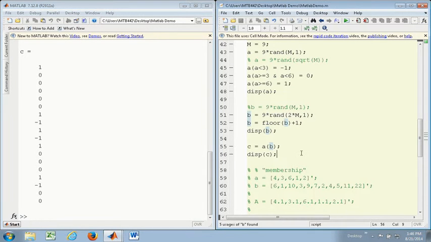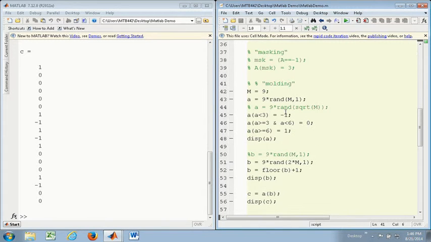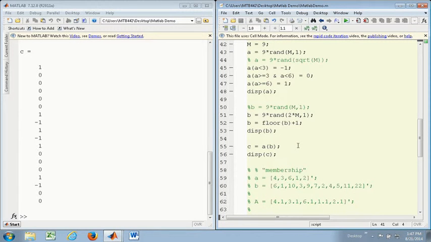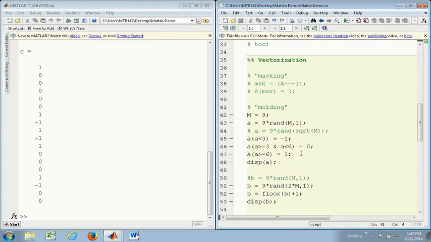Okay? So I call this molding. And masking and molding are just terms that I use personally, because it looks like we're molding matrices according to whatever index matrix or vector that we have. So with these two alone, you can manipulate arrays, vectors and matrices tremendously. You have a lot of control over them, and doing all these operations symbolically, if you're not used to it, seems a little bit difficult, but over time, when you get used to it, they really save you a lot